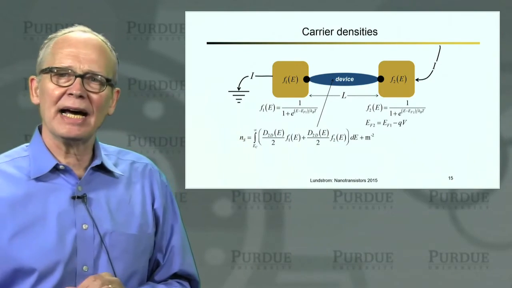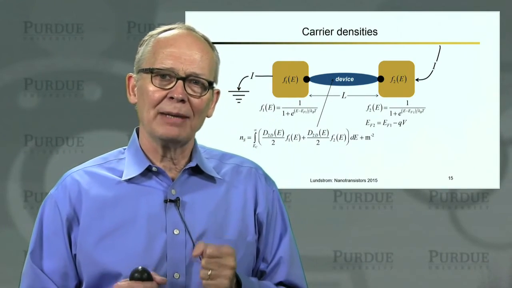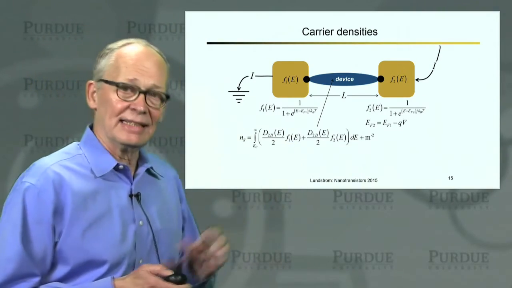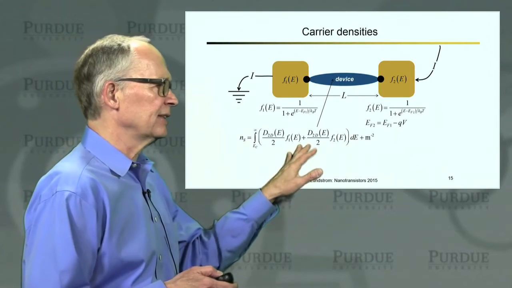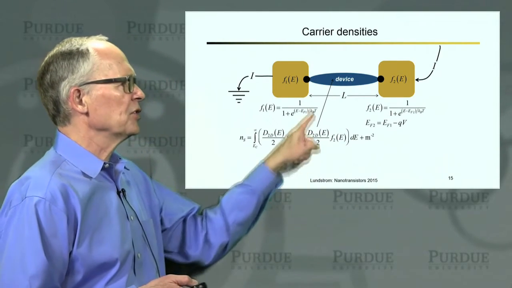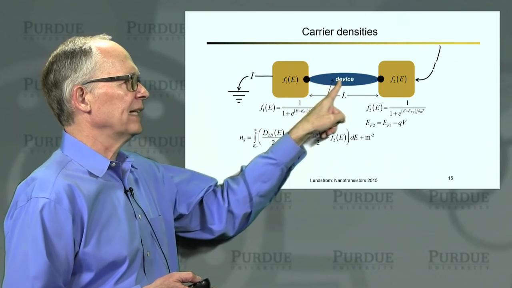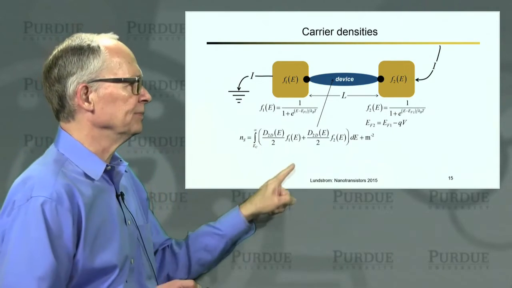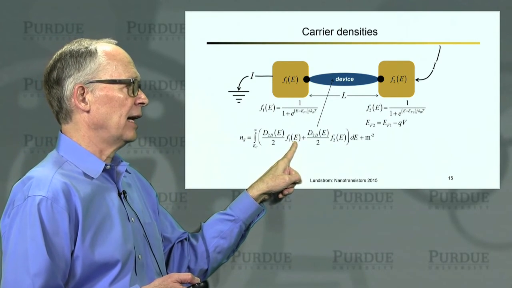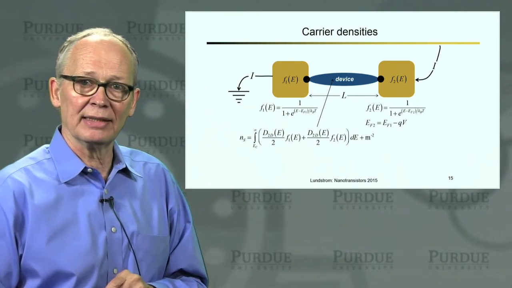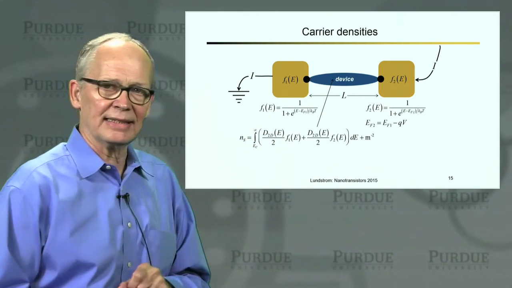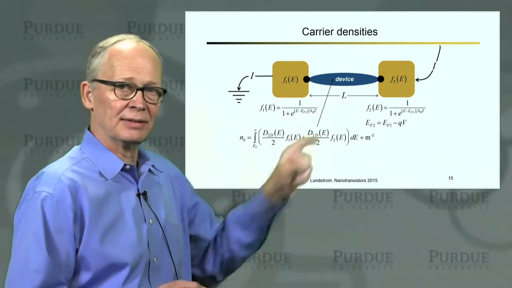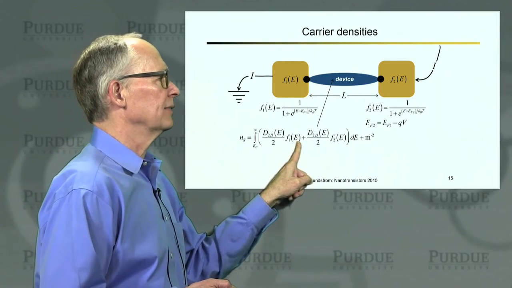So we have an expression now for the number of electrons in equilibrium, but we're not in equilibrium. We're interested in what happens when we apply a voltage to the two contacts. So it turns out that it is easy. I'm just going to state the answer here, but you can see that intuitively it makes sense. We can generalize this. We have a group of states in this device that are occupied by electrons coming in from contact 1. So the probability that those states are occupied is given by the Fermi function of contact 1, but only half of the states are filled by contact 1, because only half of the states have the positive velocity that contact 1 can fill them from.